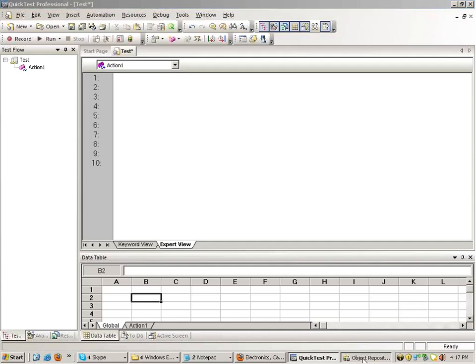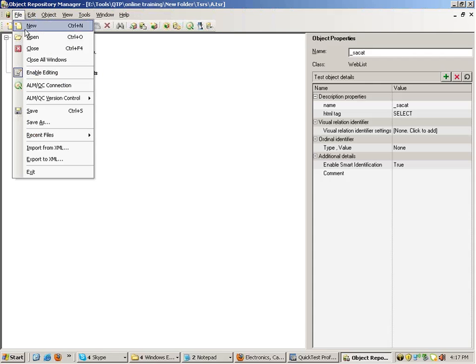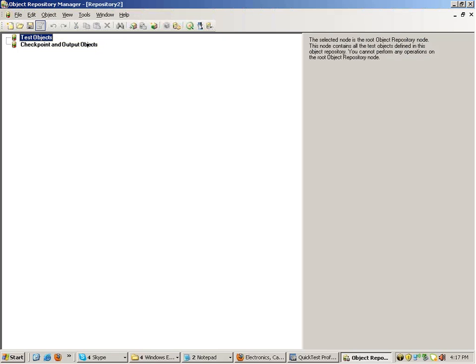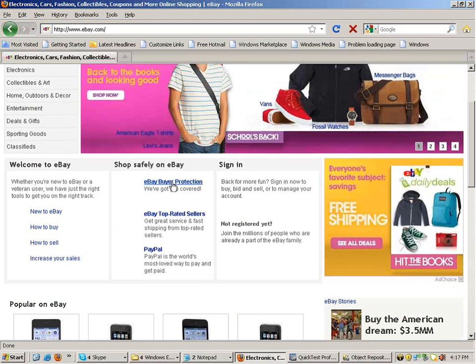Now suppose I am in this object repository manager. I select the option File New. Right. I select the option File New, and I add, suppose I add the link eBay buyer protection, eBay top rated sellers and all.